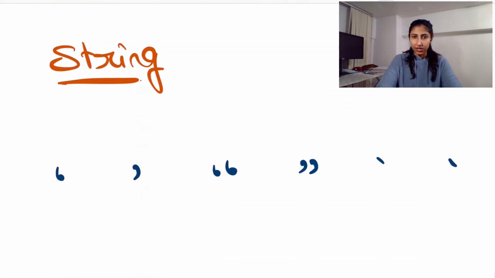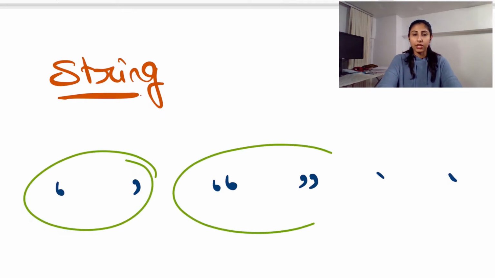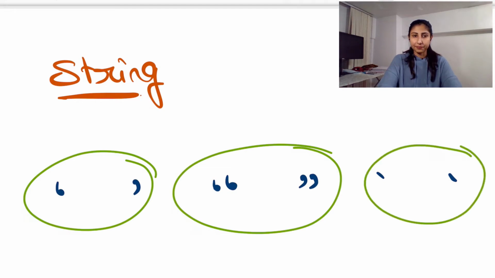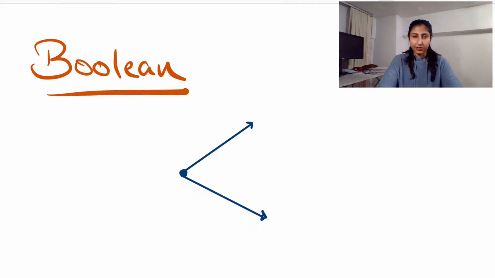String is any string of characters enclosed within quotes. These quotes can be single quotes or double quotes or even backticks. Then there is the Boolean type, which just has the value true or false. And we have the null type,